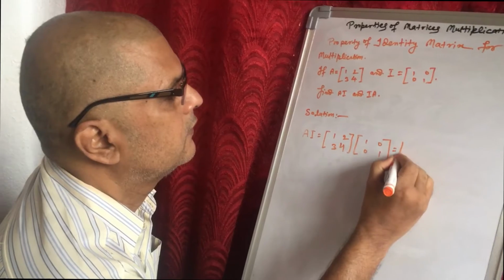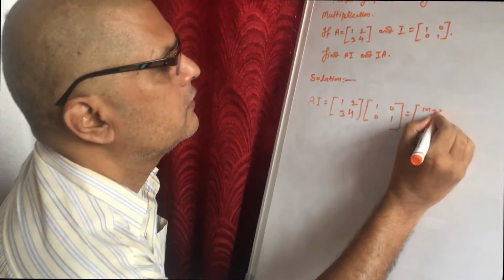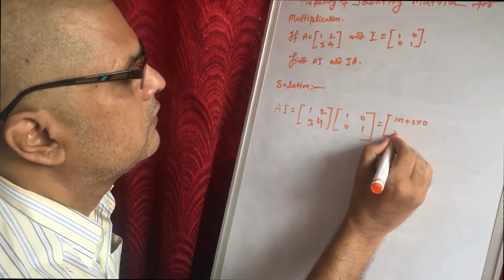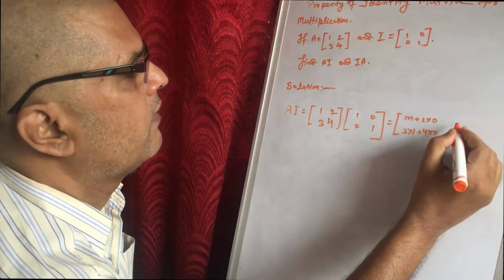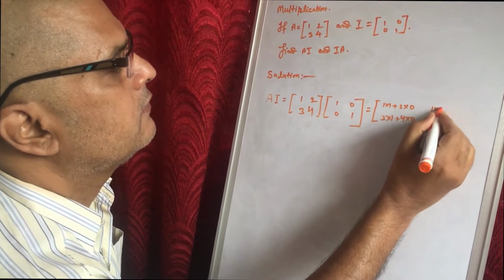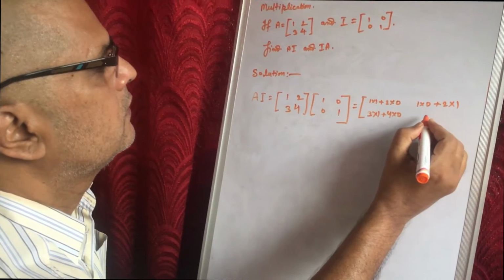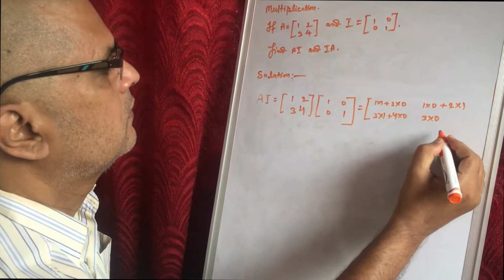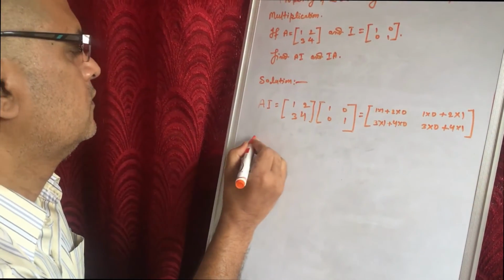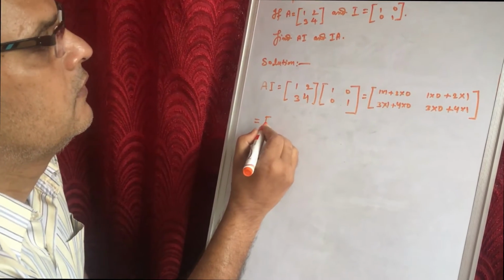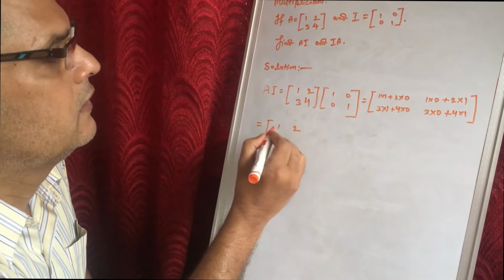So it will be what? 1 into 1 plus 2 into 0, 3 into 1 plus 4 into 0, then 1 into 0 plus 2 into 1, 3 into 0 plus 4 into 1. So it will be what? 1, 2, 3, 4